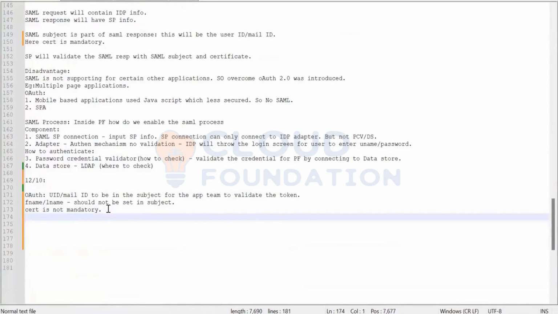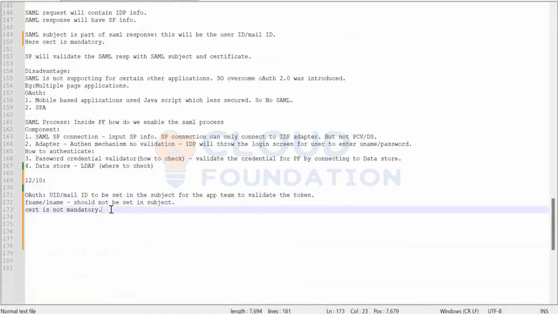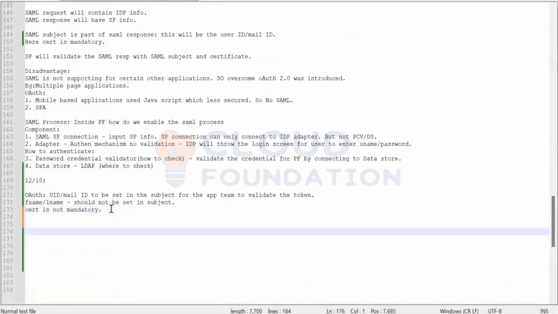But optional attributes also we can send. Mandatory SAML attributes also we can send. Even in OAuth also we can send other attributes and the subject attribute. Even in SAML also we can send it actually, and the application, if they want, can consume it. If they don't want, they can leave it as it is, the other attributes, the options apart from the subject.